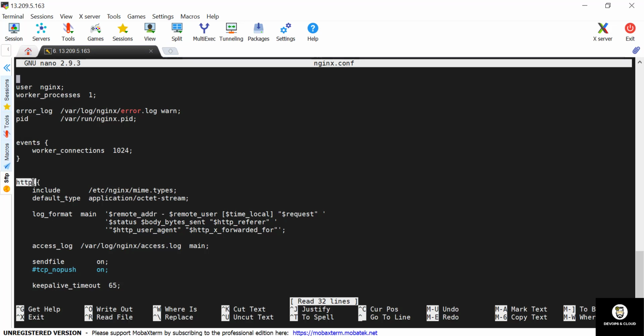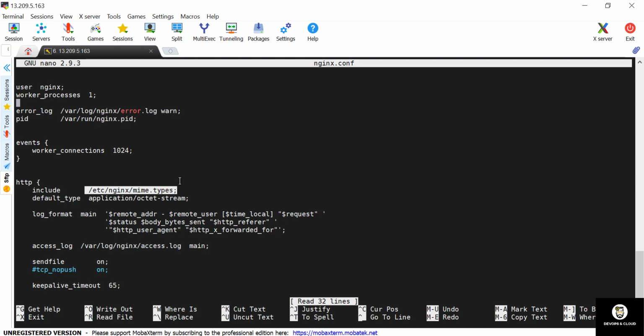Let's talk about the HTTP context. This HTTP context holds the majority of the configuration. This context will contain all of the directives and other contexts necessary to define how the program will handle HTTP or HTTPS connections. Let's learn about this HTTP as well. If you can see here, we find a directive called include. It's also sort of a context or a directive, you can call it either. We can see we are including one file,